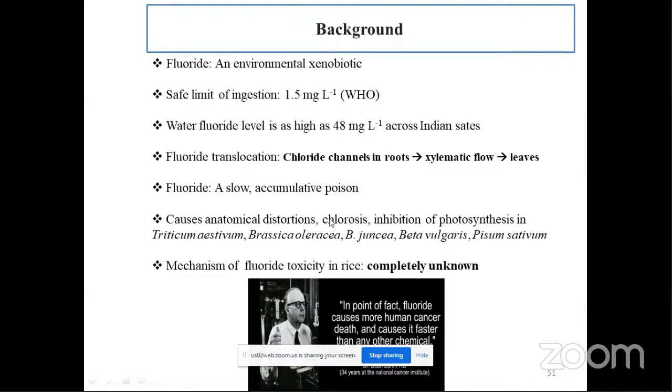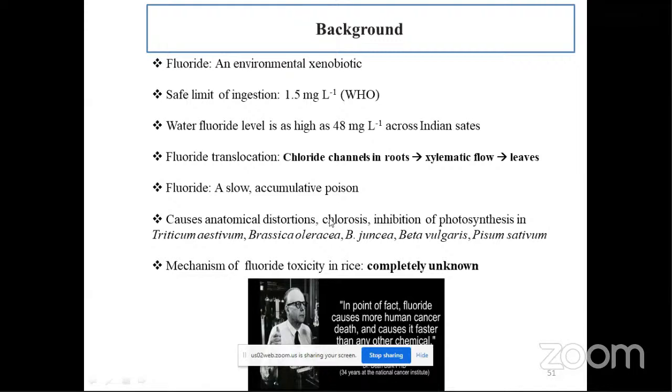Now again, why did I choose rice? Because of groundwater contamination, and rice is one of the water intensive crops. It needs a lot of irrigation water for its productivity and growth. So obviously, if your water is contaminated, then you are actually feeding rice plants with polluted water, and automatically this will be taken up along with the water